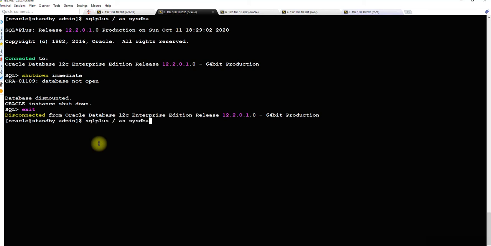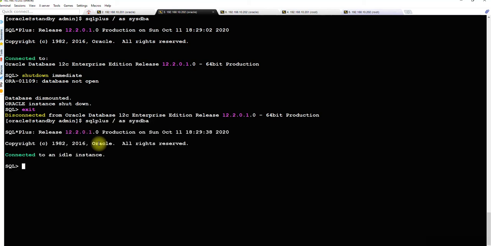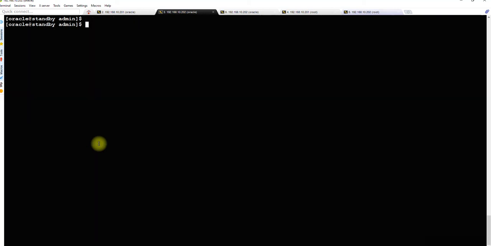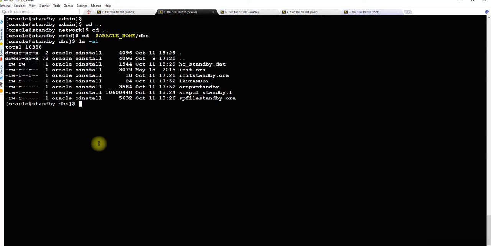What I will do is connect to SQL*Plus. Let me check the location. I will move to the dbs location to check what files are there. cd $ORACLE_HOME/dbs. We have moved to ORACLE_HOME/dbs. So don't worry about this.